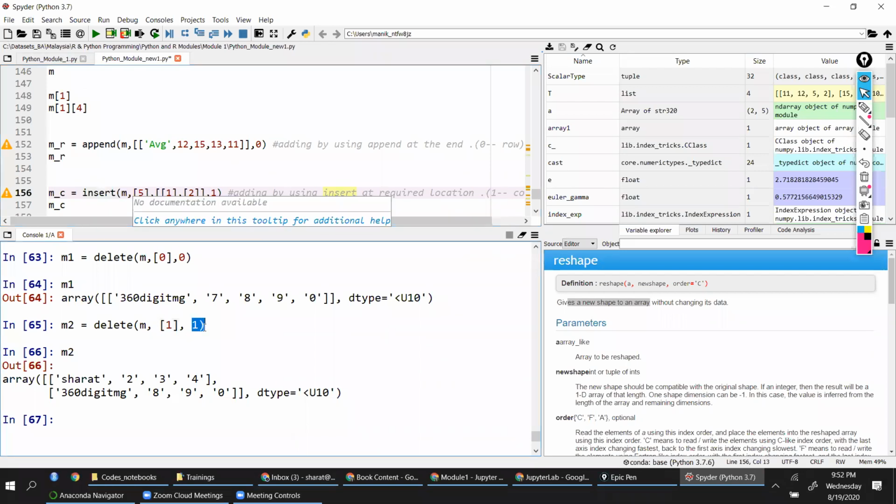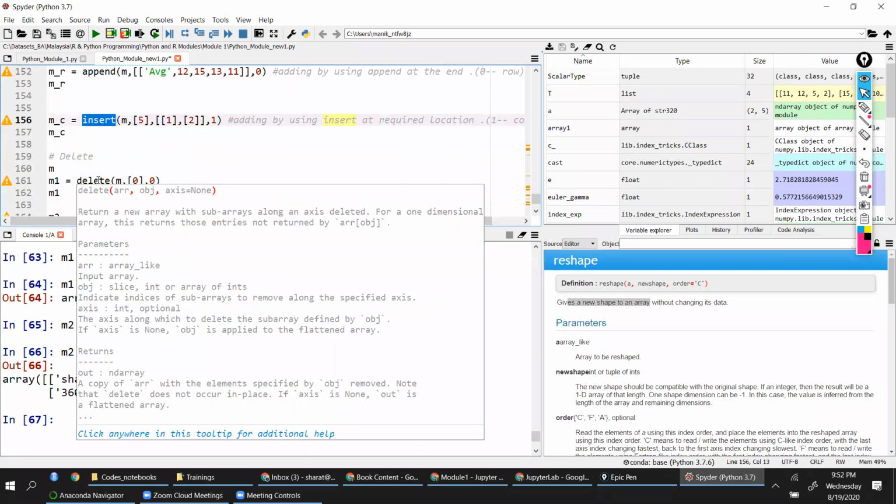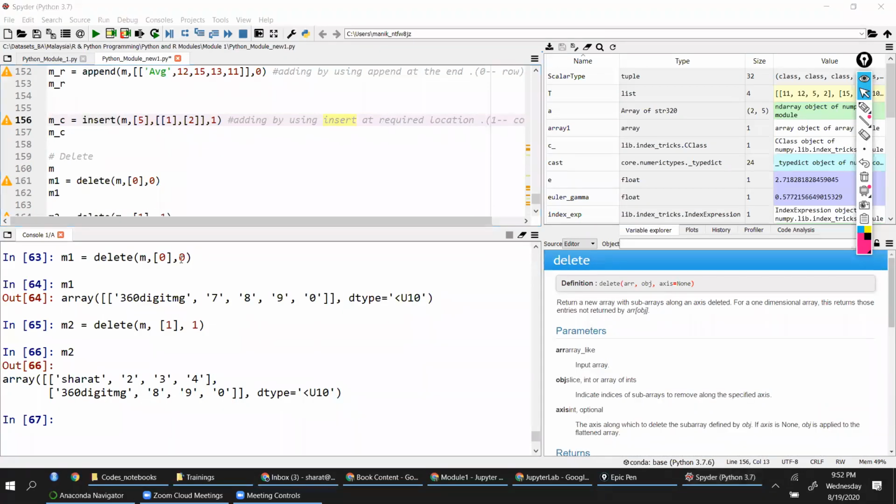Delete column, you're just mentioning the column, right? Axis. Axis is 1 means it's a column. Square brackets 1 means what? It is the position. See, always remember to look into the documentation. So if I hover my mouse here, it gives me this documentation. I click on that. So it gives me the syntax.